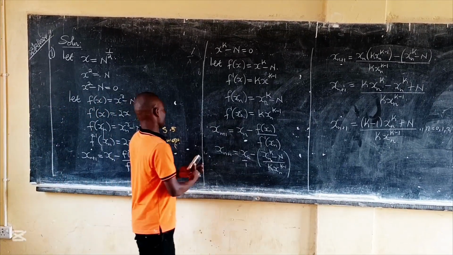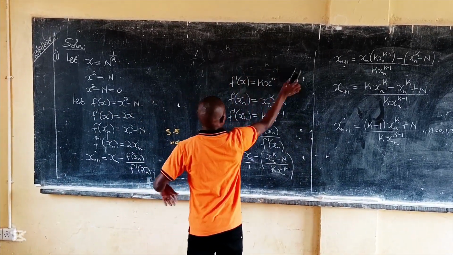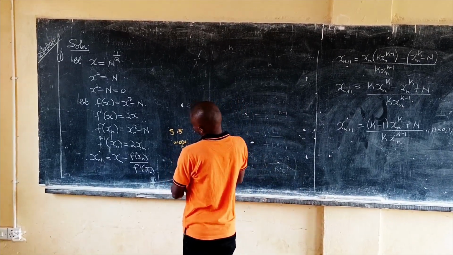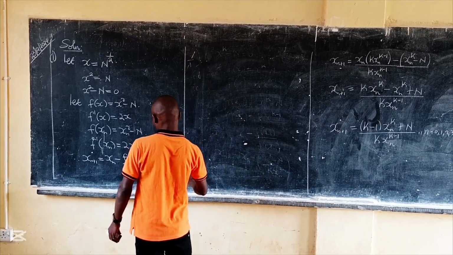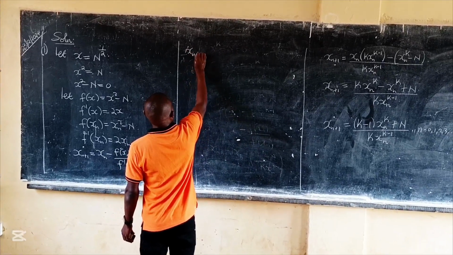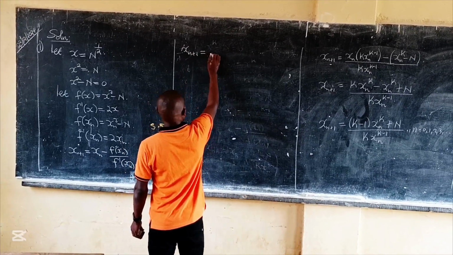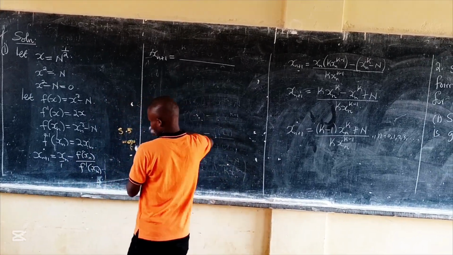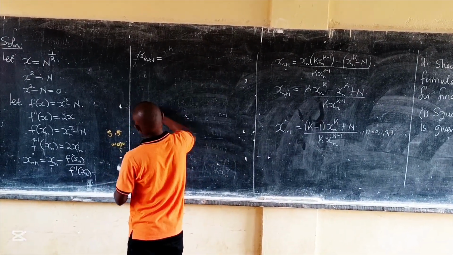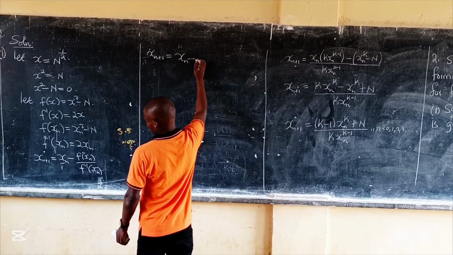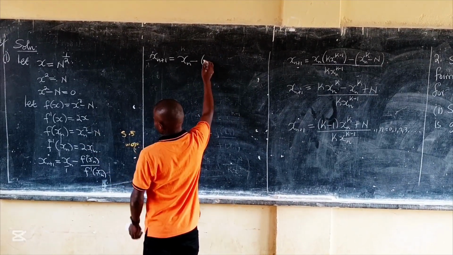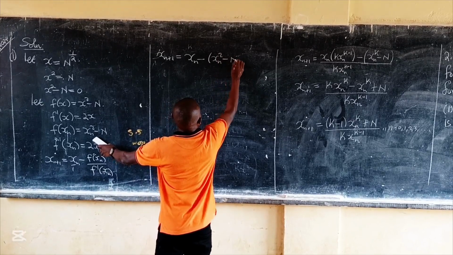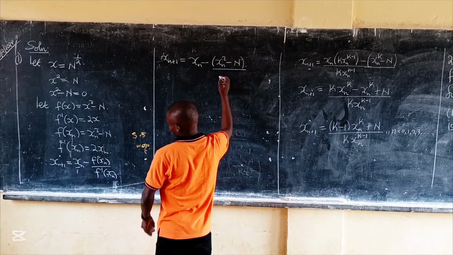And then it is upon us to enter the functions we've obtained. So we are going to have xn plus 1 equals, before we take the LCM, I think we need to substitute. So we have xn minus f of xn, which is xn squared minus n, divided by